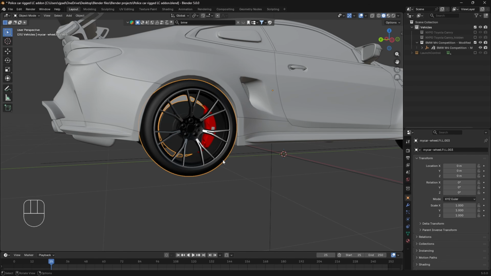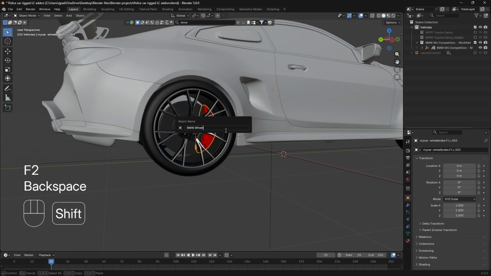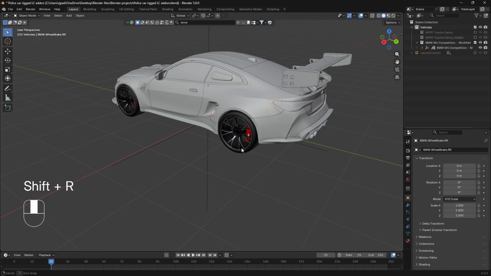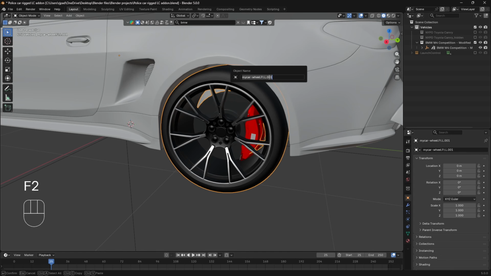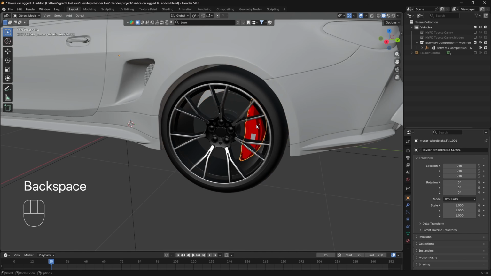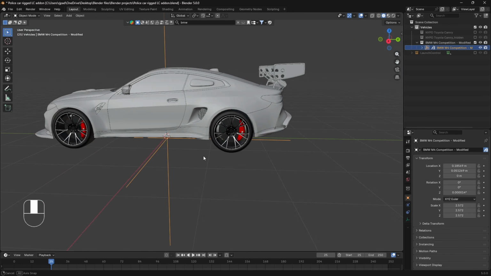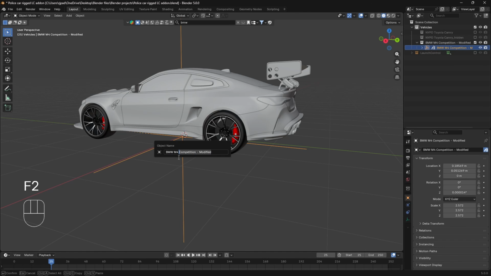Back here. Paste it. This is the rear right wheel, so rear right. And then the brake as well. Dot rear right. Finally, we'll do this back tire here. This is the rear left wheel. And the brake as well. This is the rear left brake. All right, and then we can rename this to BMW